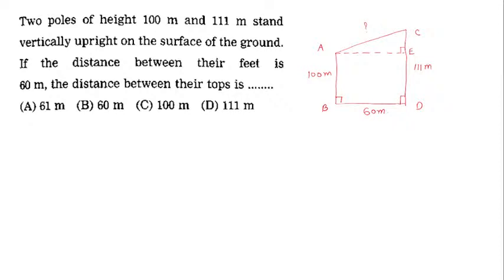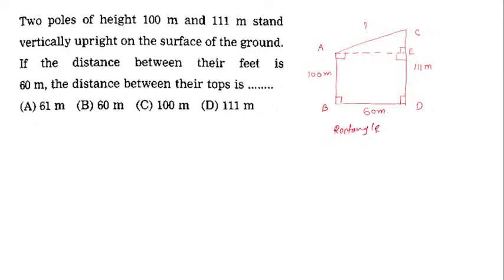AE is perpendicular to CD, so this angle is 90 degrees. So its angle in linear pair, its adjacent angle must also be 90 degrees. And now for quadrilateral ABDE, three angles are of measure 90 degrees, so the fourth must also be of measure 90 degrees. So in this case we get quadrilateral ABDE as a rectangle,